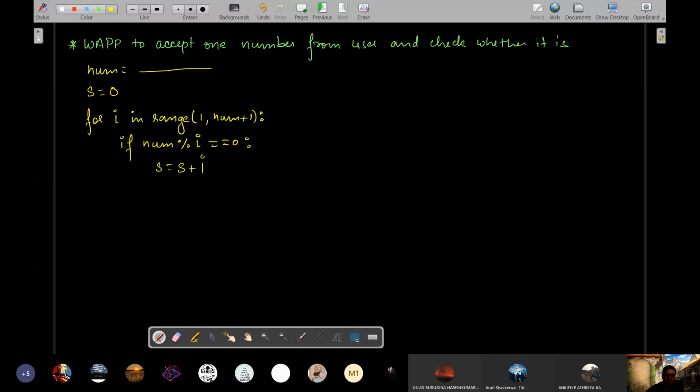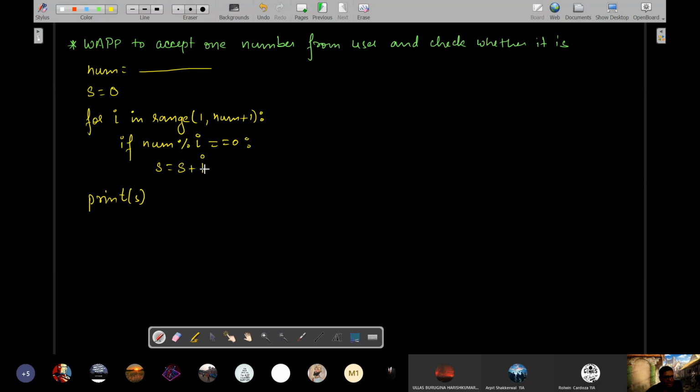What happens if I do this instead of S plus 1? Tejas, I'll come to the explanation part. I'm just asking here. If I do this, what will be S? Sum of all the numbers, sir. No, sum of all the factors, sir. Correct. Very good. That will not be double anything. That will simply be the sum of all the factors. Be very careful. If you write I here instead of 1, then S will not contain the count of factors, but it will contain the sum of all the factors.